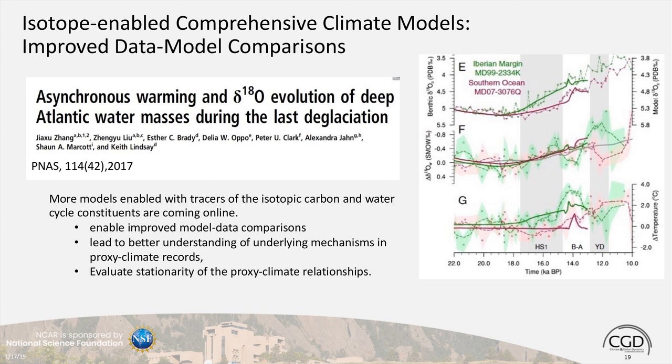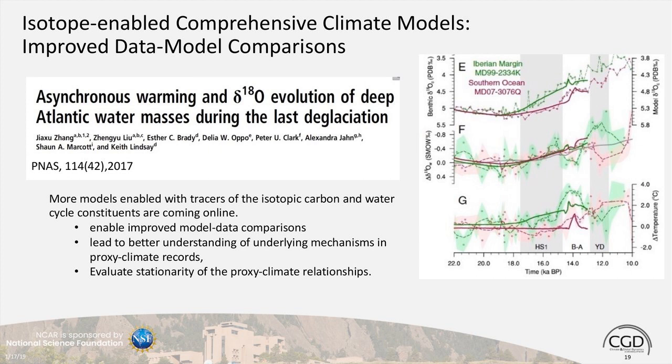But it gives you a more direct comparison in the ocean to the records, like the delta O18 records, and if you have isotopic carbon tracers, the radiocarbon, carbon-13, if you have a biotic ocean BGC component as well.